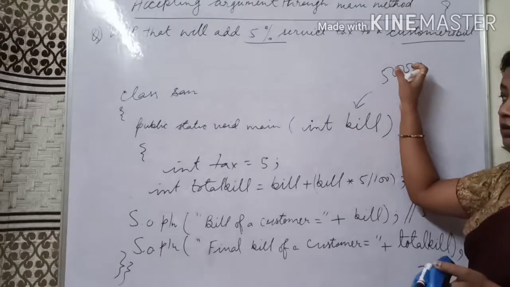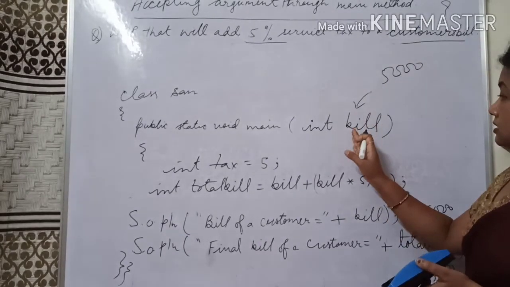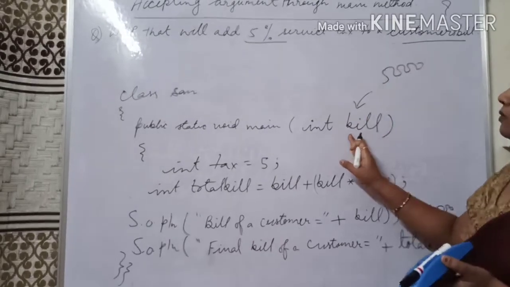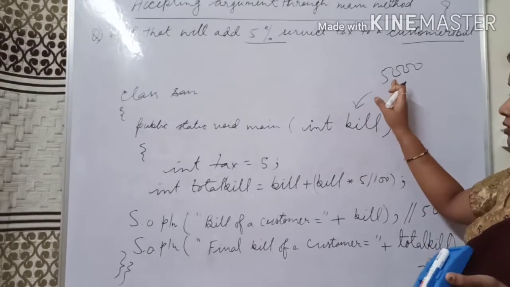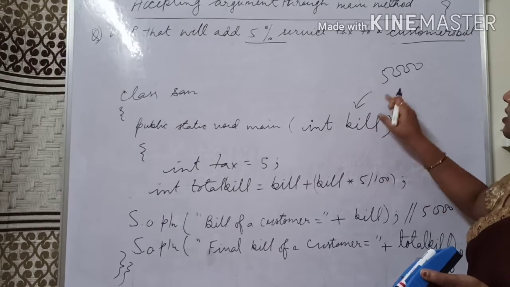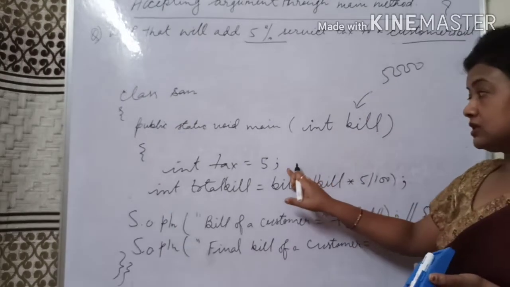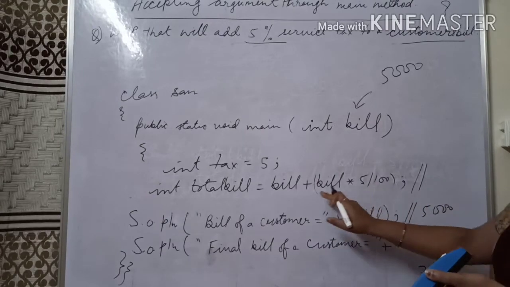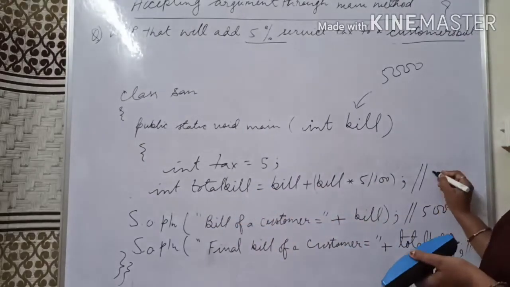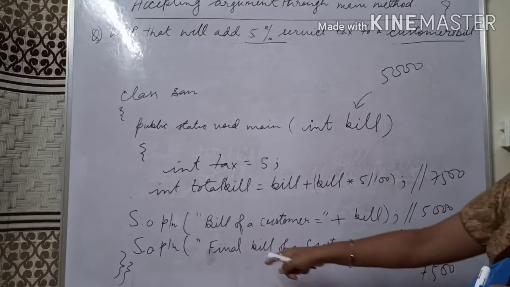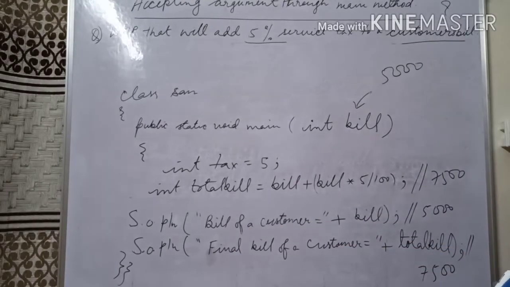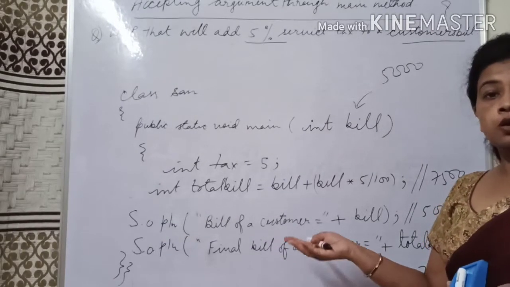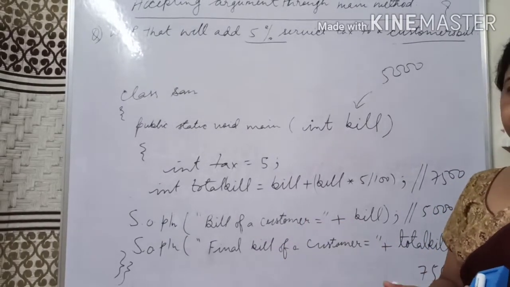Now again you come to this thing which we call dry run. We will check our argument. We will check whether our input is correct or not. So suppose this bill is stored 5,000 rupees, then come to this tax part, and then total bill will be calculated. And after calculation, what amount will be stored in total bill? Again, I will get this amount, and these are my two output statements. So this is how we write a program. This is how a programmer decides what type of method he has to choose.